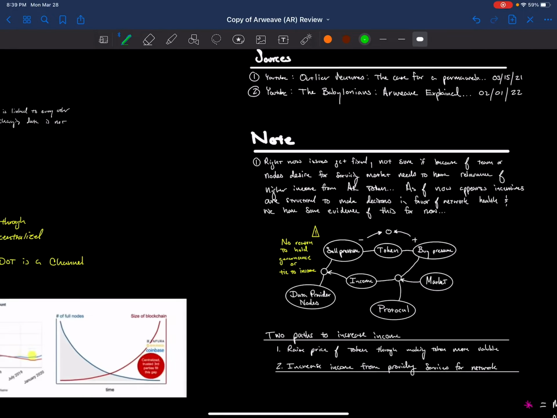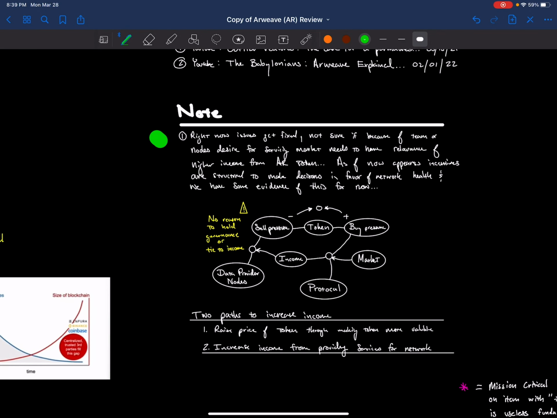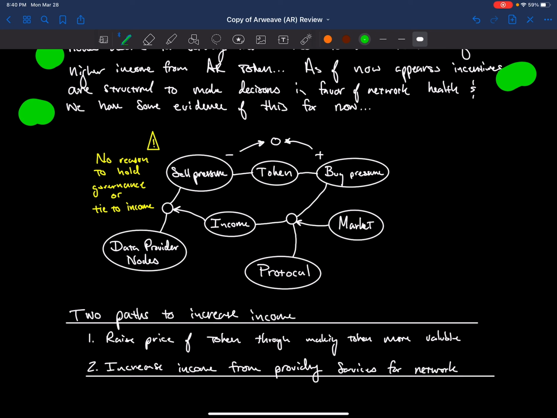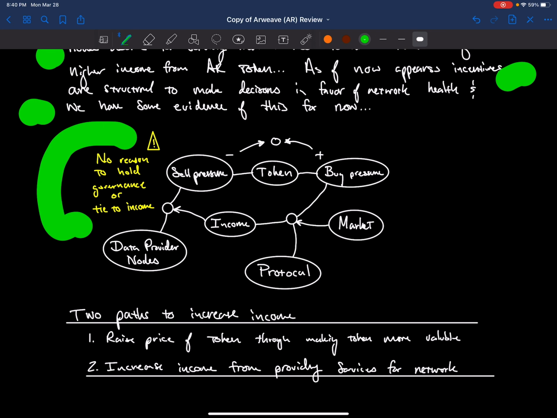Let me see here. So basically, going into the token model, right now, issues get fixed. There were issues that came up with nodes not getting paid for being faster to provide, so they started being slower to provide, and that issue got fixed. I'm not sure if it was because of the team or the nodes' desire for servicing a market, like having relevance to the market because they're already set up as income entities. So as of now, it appears that incentives are structured correctly because it did work at fixing the network, at upgrading the network. But I see there's no reason to really hold this token as an entity that's participating in it,